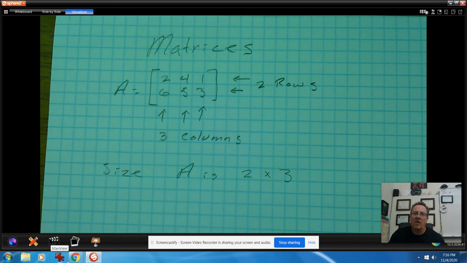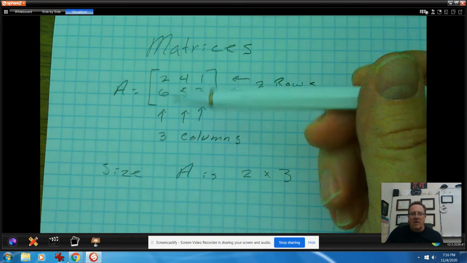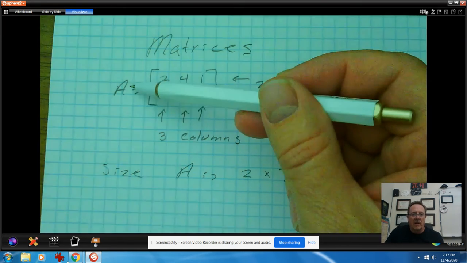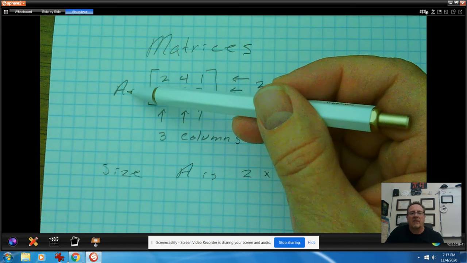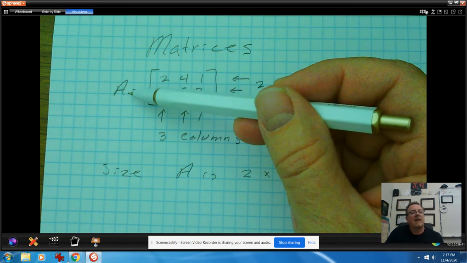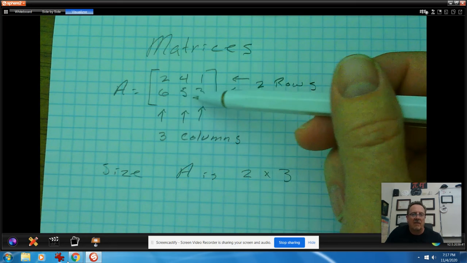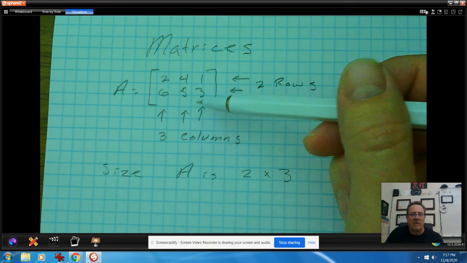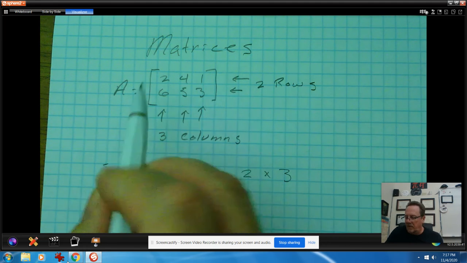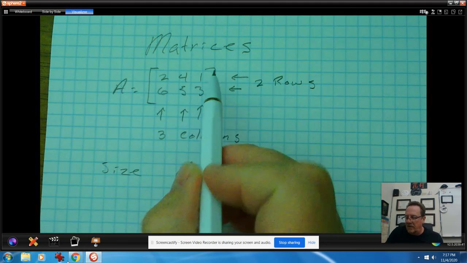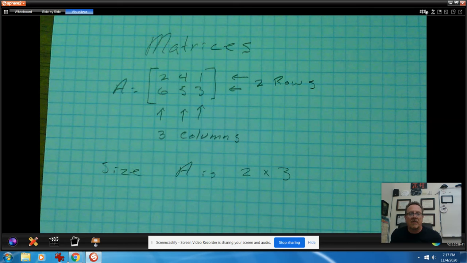It's a scary word, but it's really just a table of numbers. And this is the way we write a matrix. We label them with capital letters. So, for example, this is matrix A. That's its name. And we're saying that matrix A is equal to this table of numbers. And we put these little square brackets around the matrix to let people know that that's the matrix